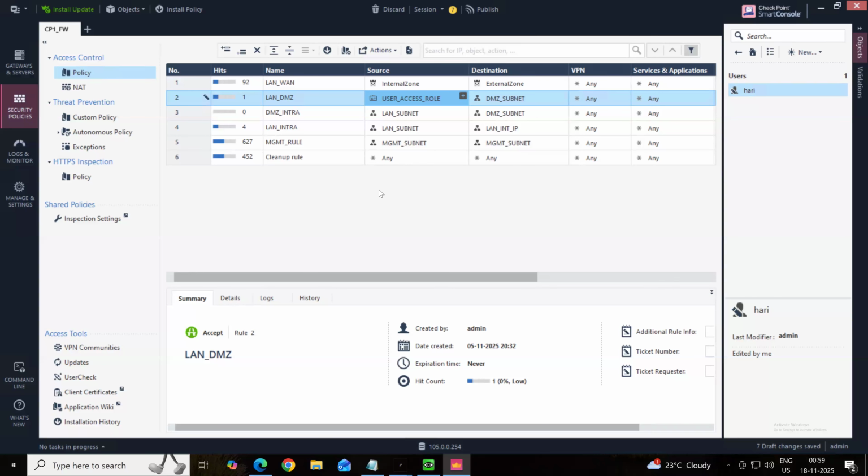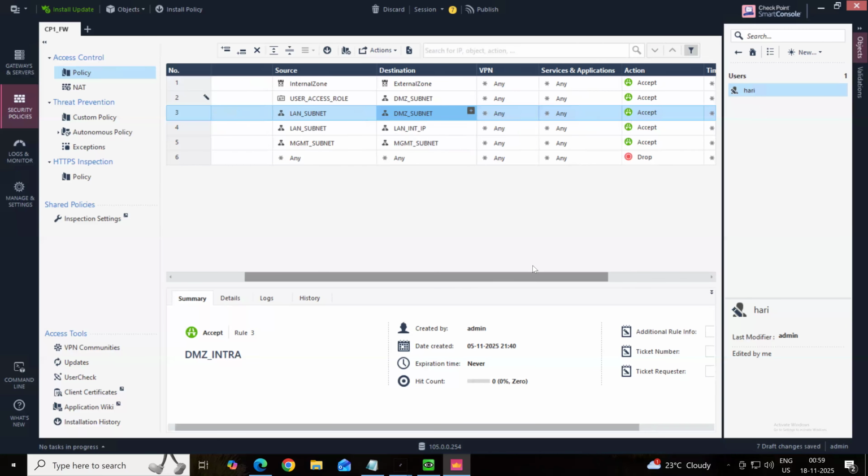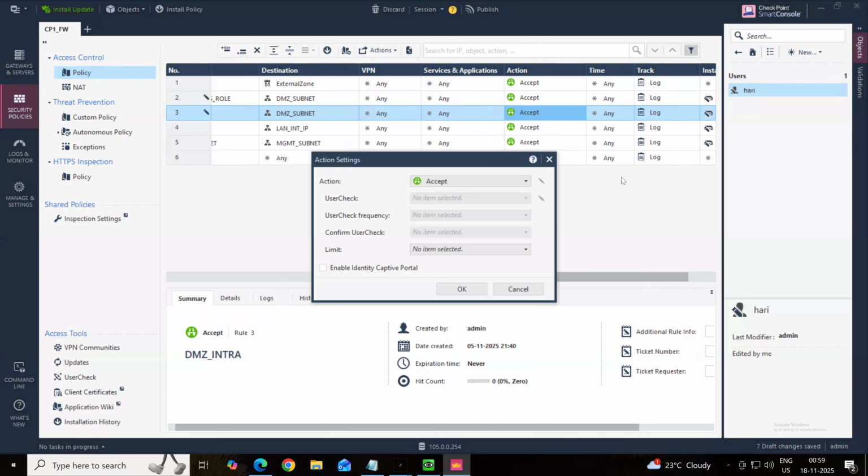This user role contains subnet, user group, or users, whatever it is, destination DMZ subnet, and under the accept, if you come here, if you click here,